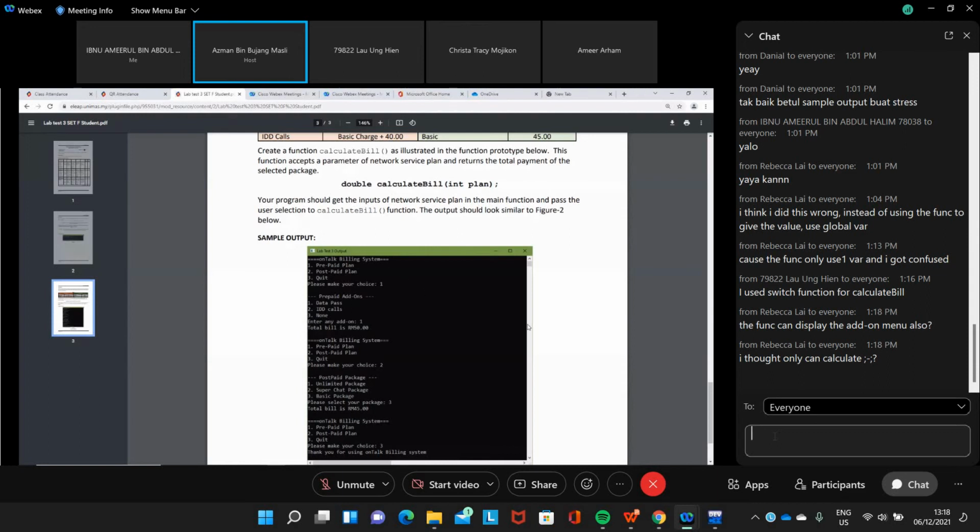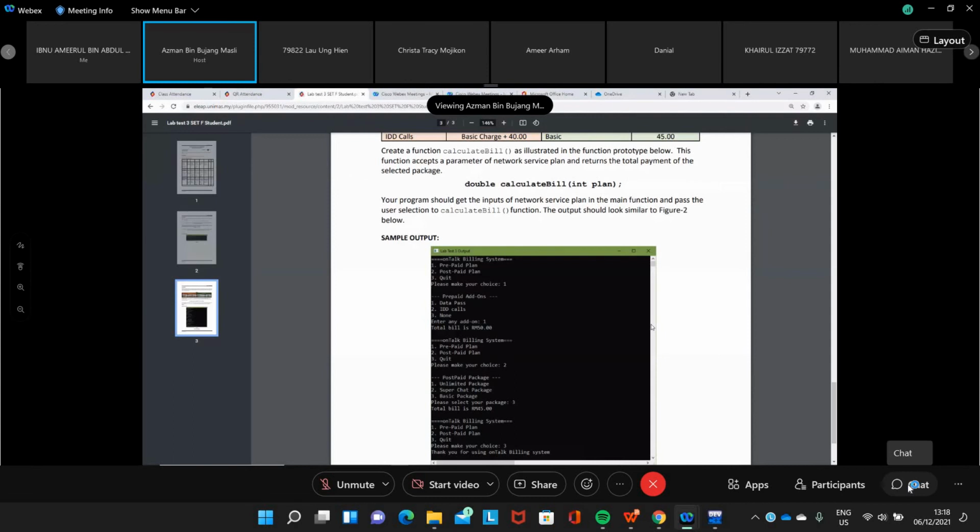Since the function only accepts one integer, which is the plan that we pass to the function, it is better to do most of the things in the function, not in the main.